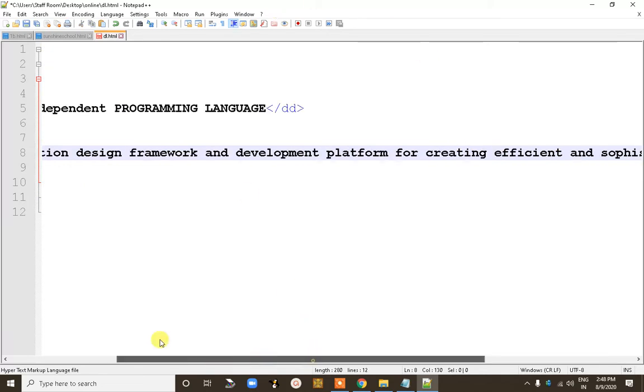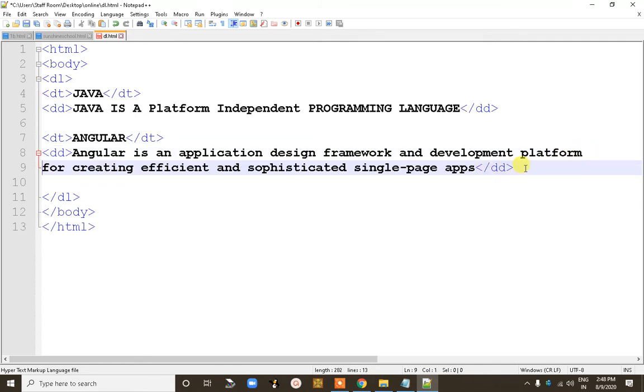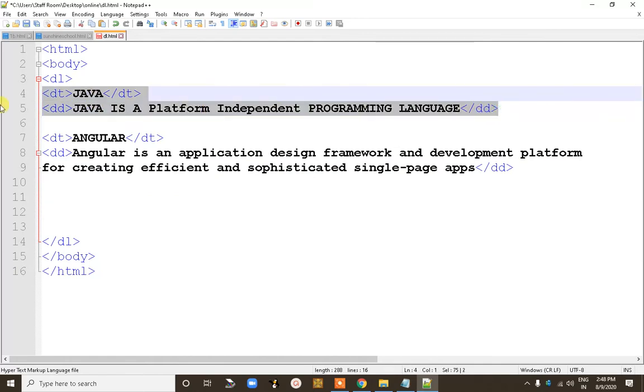The definition term is Angular, and this is the definition description of Angular. Now in the same way we can copy the same DT and DD tags.